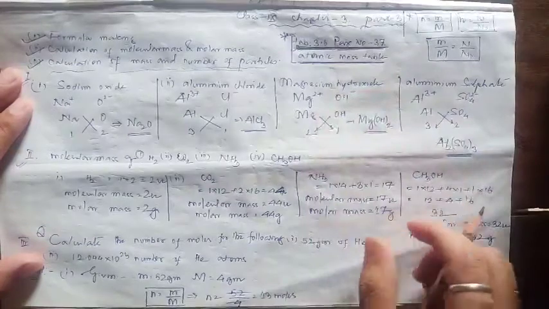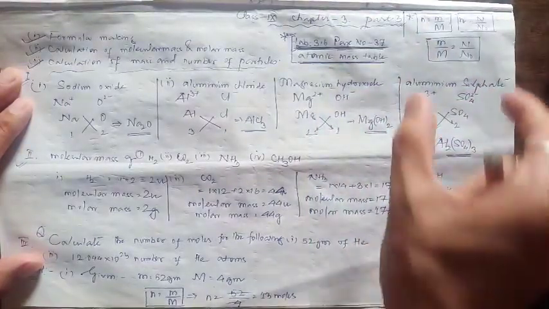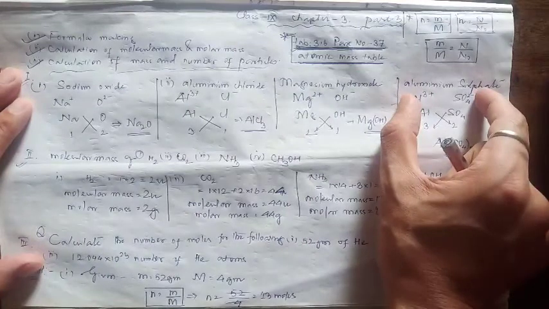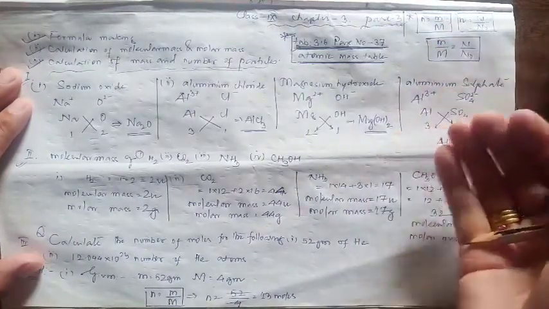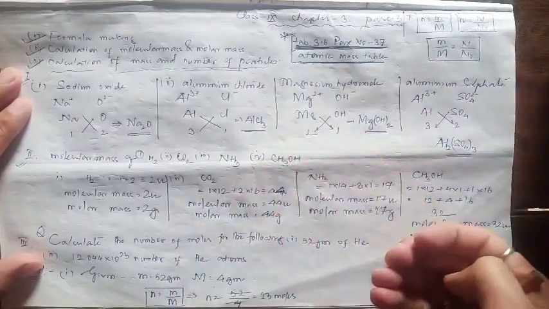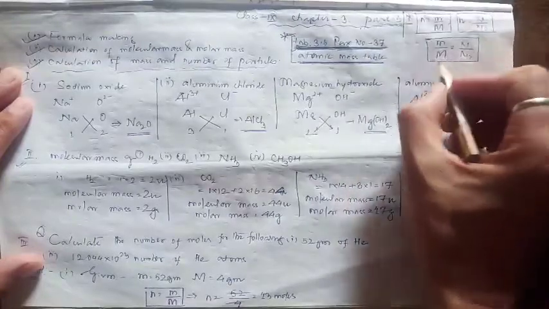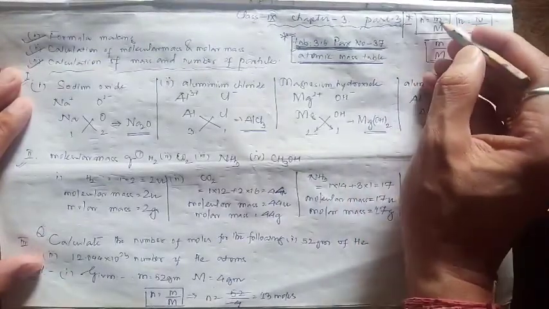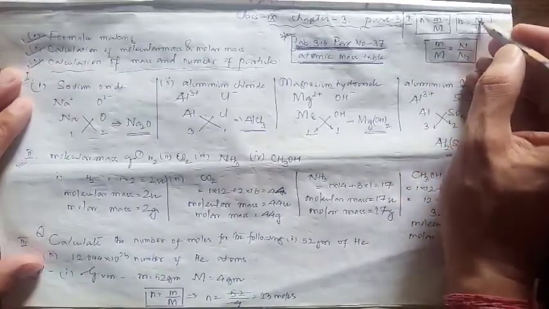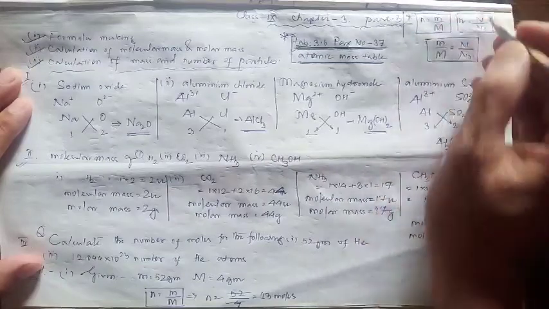In the previous lecture, a list of elements and their atomic masses was given. So you go through that list. Those atomic mass values will be used here in the calculations. And we have the formulas that we'll be using throughout these calculations. Student, we've discussed this small m, capital M, small n, capital N naught. So you know about these formulas.